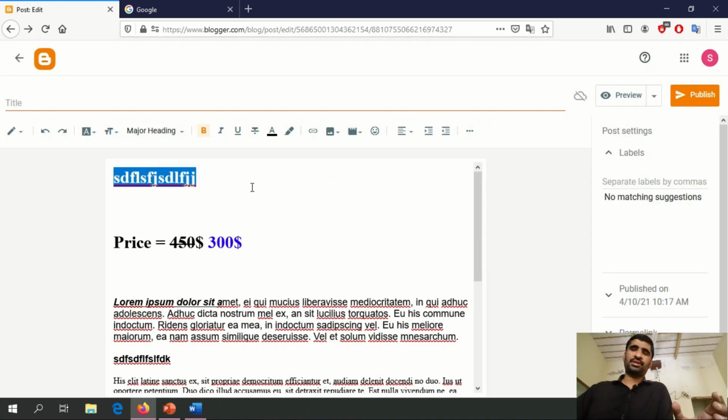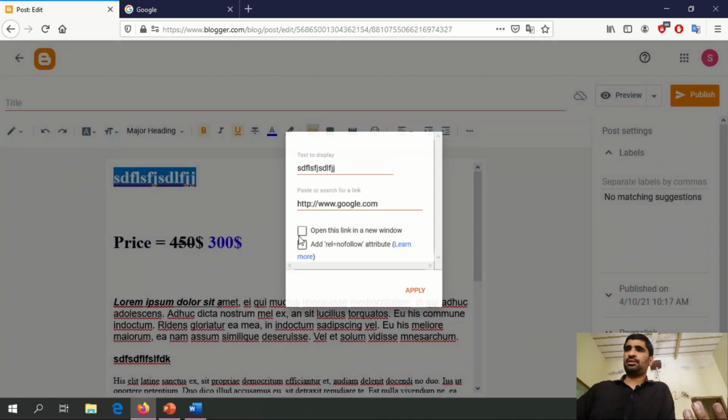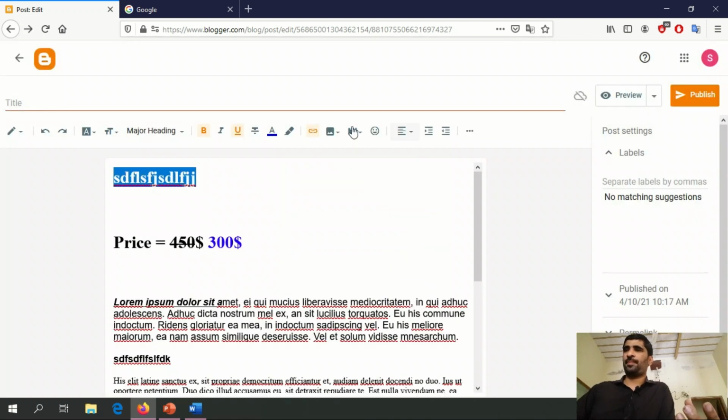So when I publish this page and someone selects this text and clicks it, it goes to Google. In this option we can also choose to open the link in a new tab or the same tab. So I'm saying open link in a new tab.